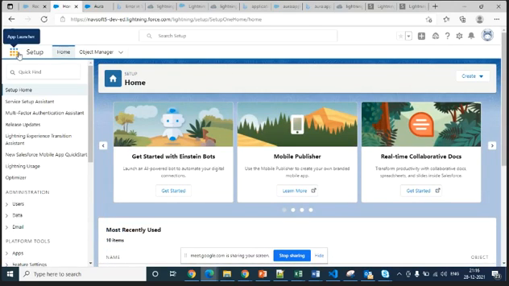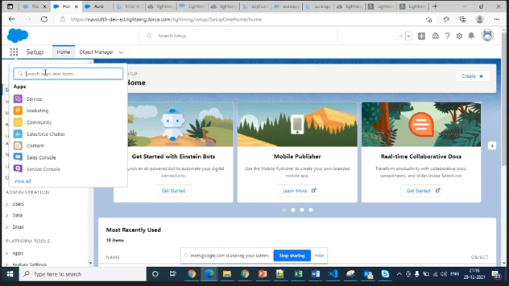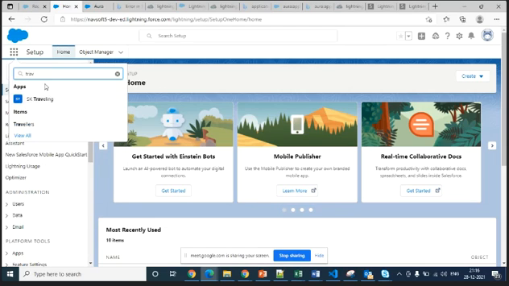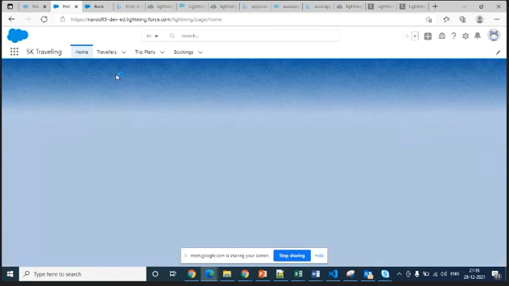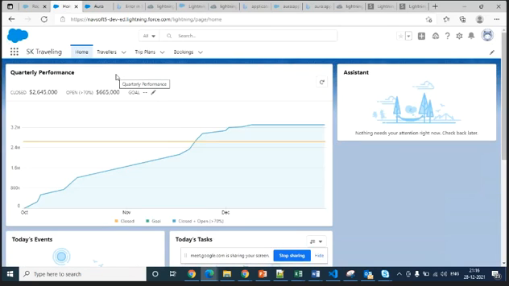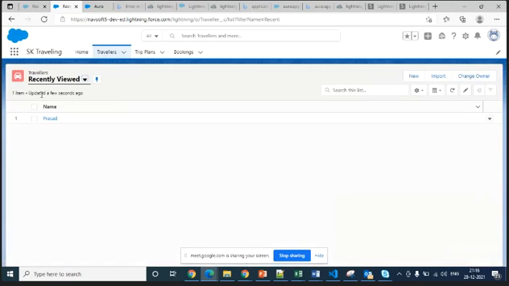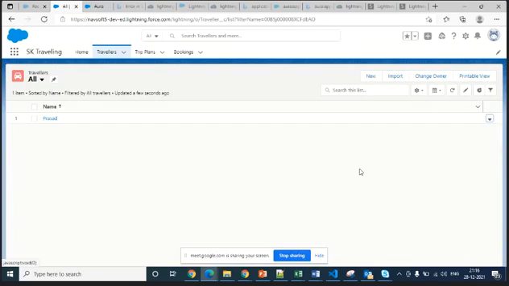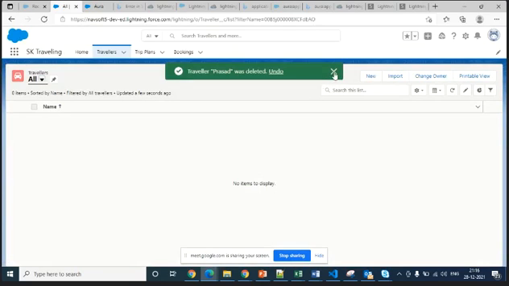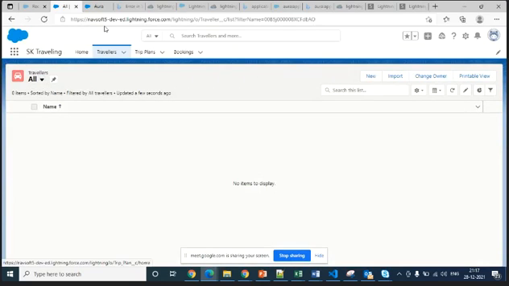So once you log in, you just go and verify whether the data is there on Traveler. Get travelings and you can click this and see the data. You can select all. See, there is just only one value called Prasad. This I can also delete. So there is no data on this traveler object.